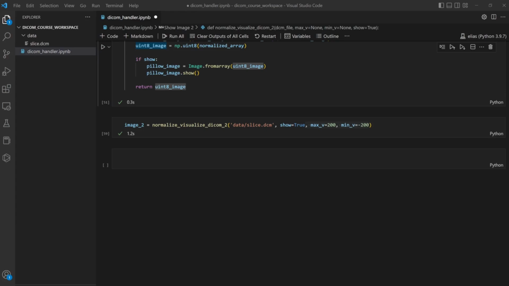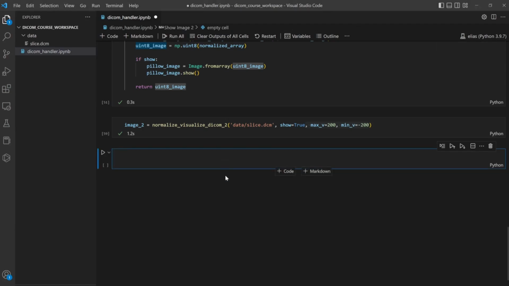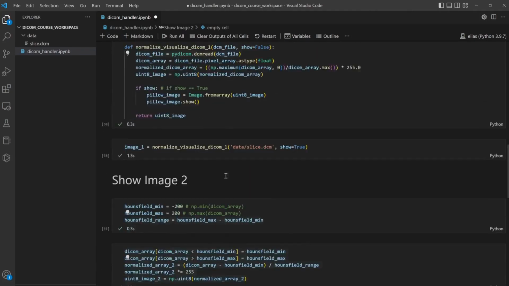So either you need to change all this information or you may change only some of them, but that's what we call anonymization. So you don't need to share the DICOM files including the information about the patient or the doctors or anything like that. To do this anonymization, it is very easy. I will just show you how you can do that, and then we can create a function directly to do that. Since we have already created the DICOM file at the beginning, which is this one,